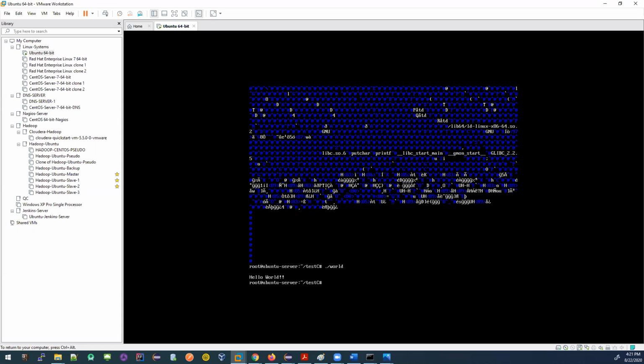I'm printing this file. See all those numbers that you don't understand. I'm just executing this file, and then it's printing hello world. Don't get stressed about how this code is written or how this happens. The only thing to understand here is that you have your code written in some programming language. It gets converted by your compiler to some other file that your machine can understand. And when you execute that file, you can achieve what you want to achieve, right?